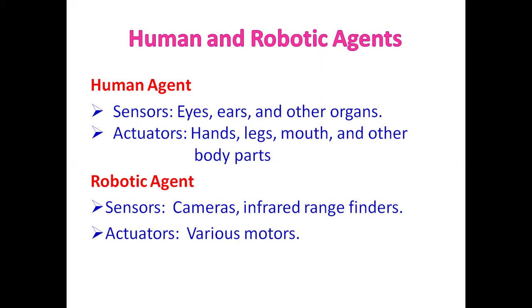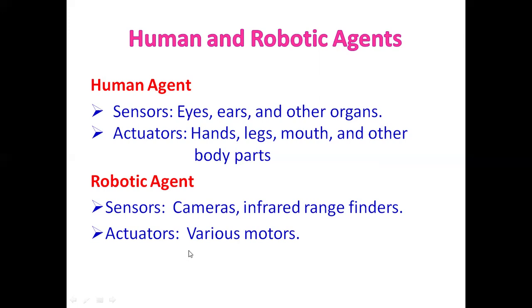What is the function of infrared range finders? They, on the other hand, use infrared light to measure distances to objects, helping the robot to detect obstacles, map its environment, and avoid collisions. These sensors provide the robot with crucial data to understand its position and surroundings.